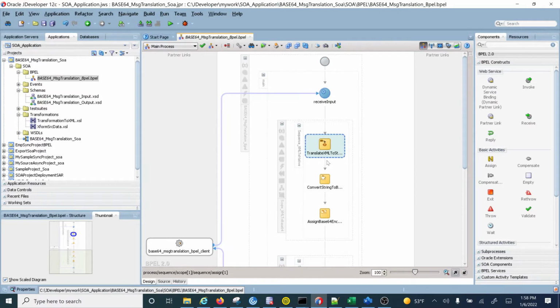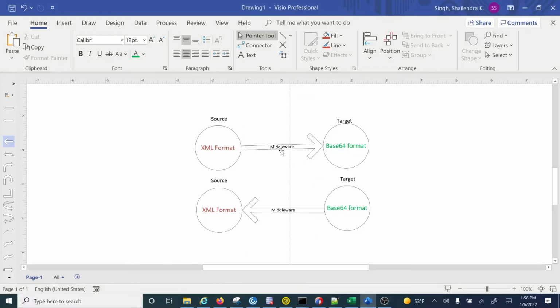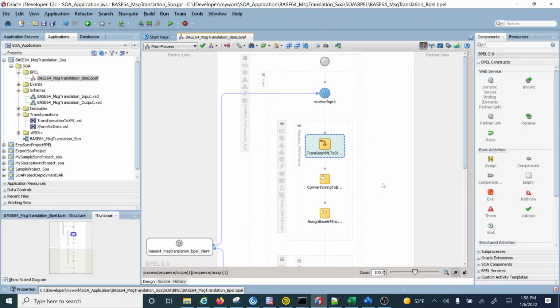So now we have converted the XML into the string format. Whatever data was sent from the source system, at this point in the service we have converted this XML format into the string format. Now let's go back.